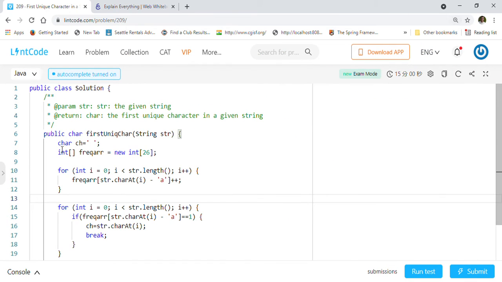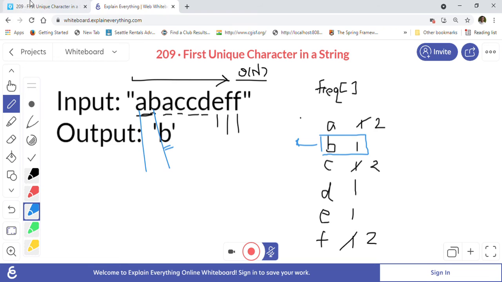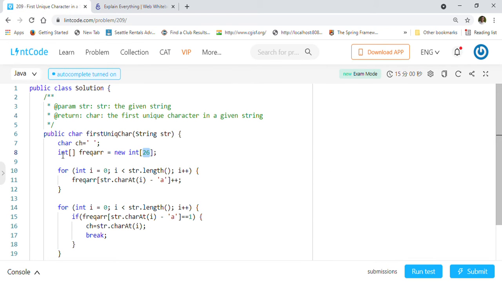First we defined one character variable here. Initialization is compulsory, so we assigned it a blank space. Then we created a frequency array of 26, right? Because the characters in the string will come from A, B, C, D, so there are a total of 26 characters, so we are using an integer array here.